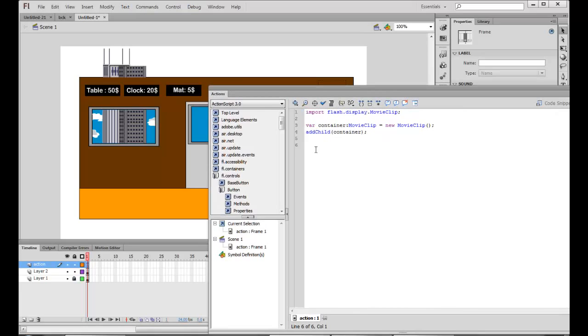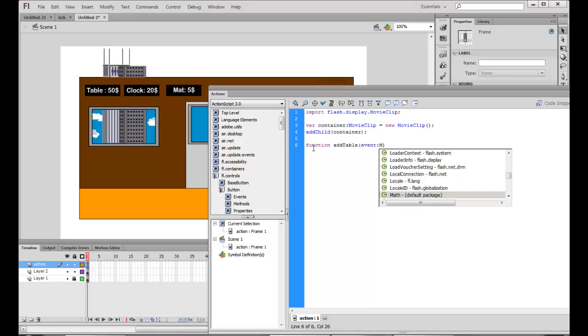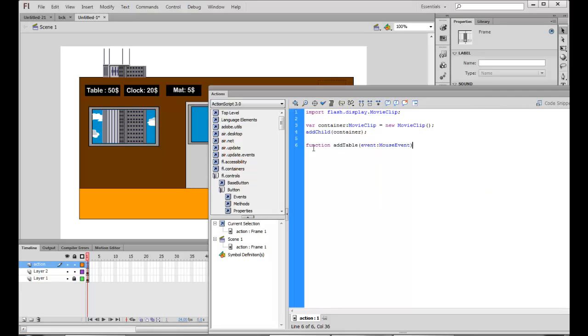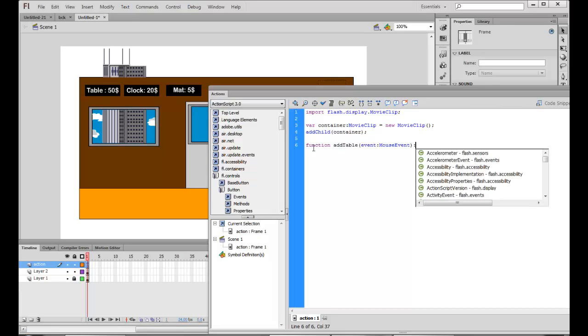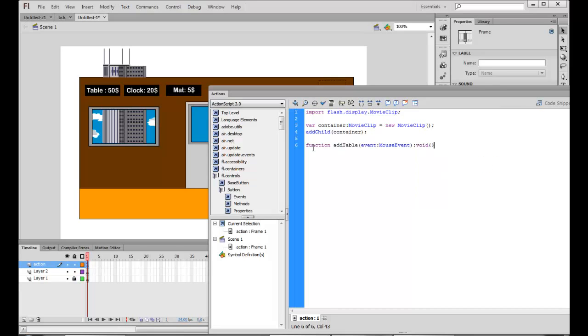Once this is done, I'll add a function, addTable. So I'm just saying add a table. Now the function is going to be an event, and it's going to be a mouse event, because we'll click the mouse to activate it. It's not returning anything.